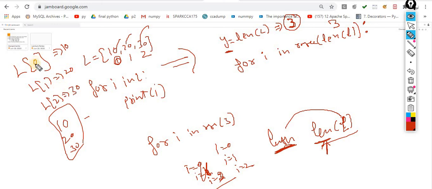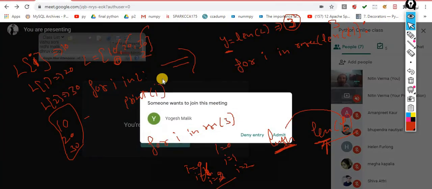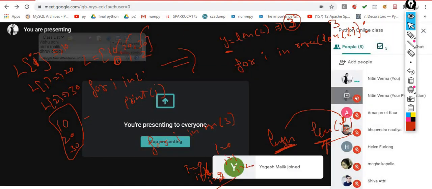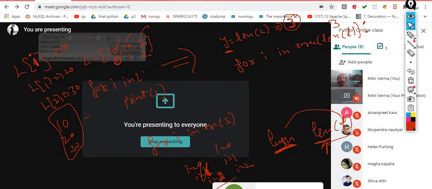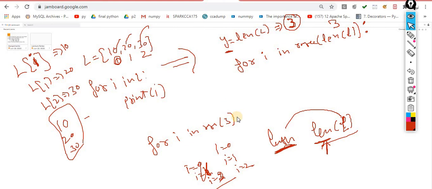Rather than passing 0 over here, if I pass the value of i, then what would happen? In the starting iteration, i becomes 0, and 0 means the item 10. Then i becomes 1, and 1 means 20. Then i becomes 2, and 2 means 30.